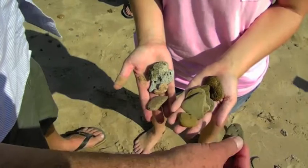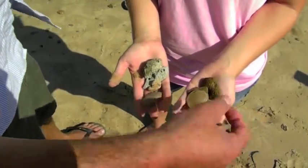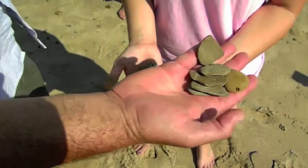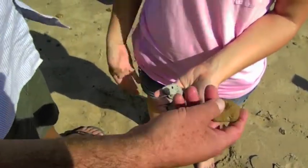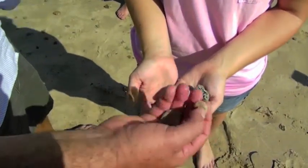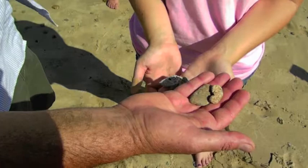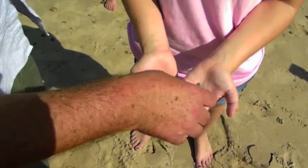What we see here on Ogden Dunes beaches is mostly this natural gravel, flat pebbles of Devonian shale and siltstones. They make the majority of gravels, and this is how they look. We see some limestones. They are less common than shales, but they are there. We see a few granites that may be natural. Granites generally come in small quantities, less than 5% or so in this natural gravel, but we also see some